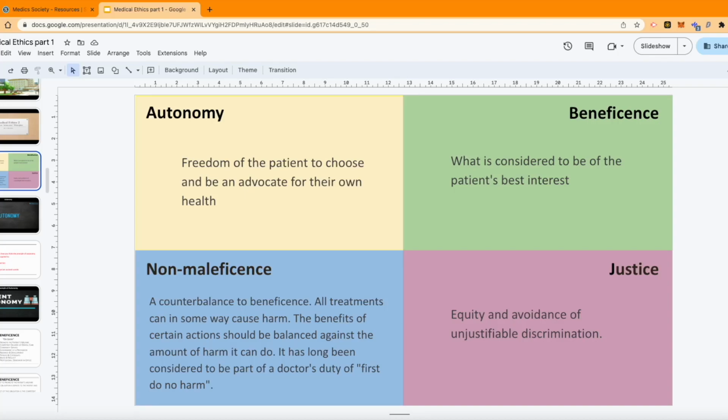Right, so let's start with what we did last session, because you weren't here last session, okay? We introduced the idea of the four pillars. When you have a situation where two or more of these are in conflict with each other, you have an ethical dilemma. We looked at autonomy, which is to do with the freedom of the patient being able to choose for their own treatments, or choose whether or not they go ahead with a treatment, as long as they understand what's involved, right?